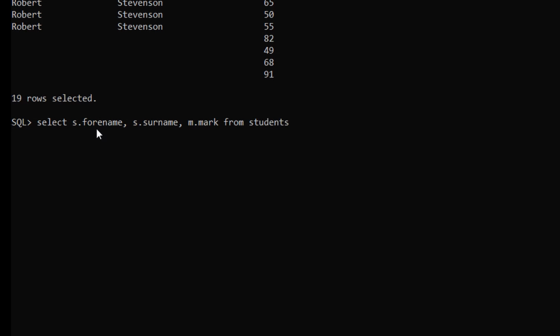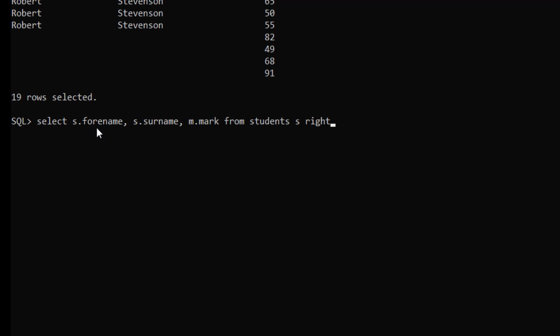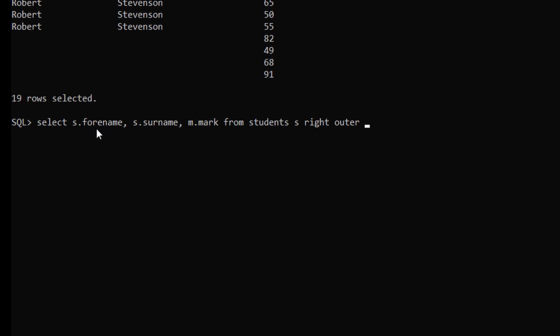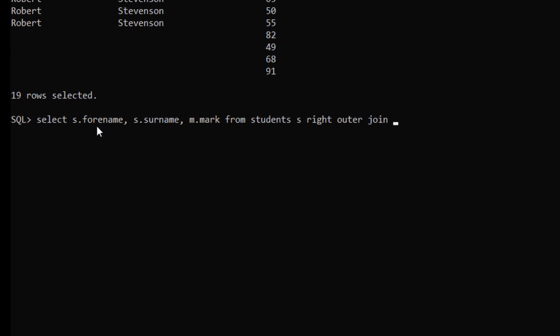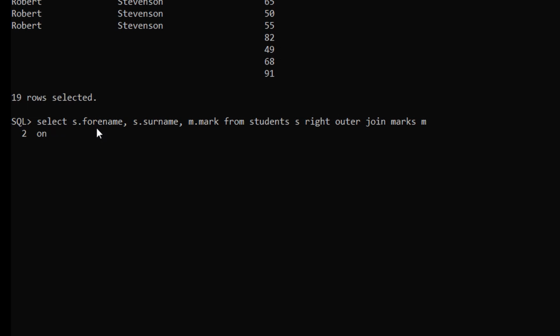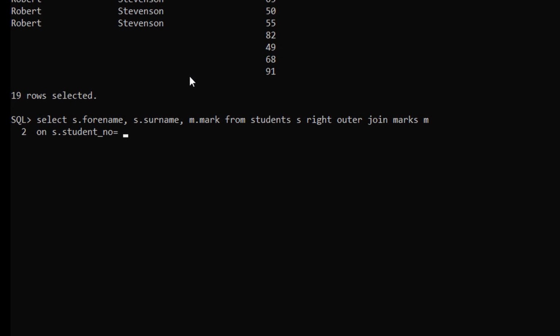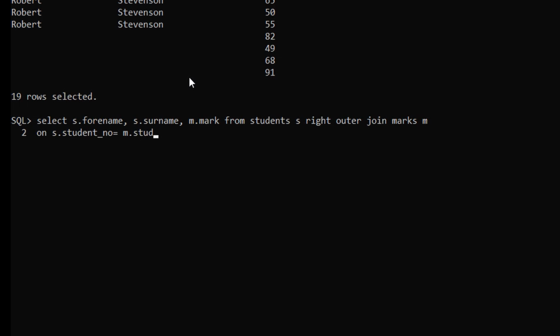So we have to type students here, and give the table alias s. Now we have to give the type of join here. Similarly, right outer join, and the right table, which is marks, and its alias m. And on the next line we will give our on condition: on s dot student number equals m dot student number.